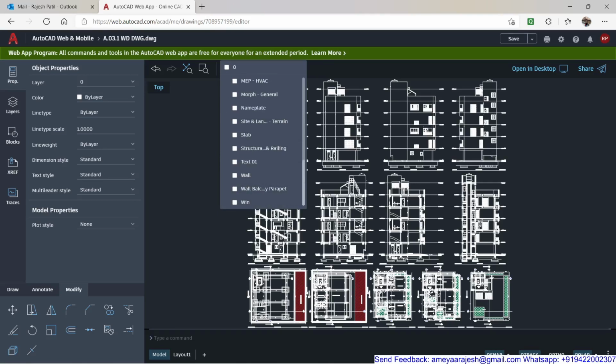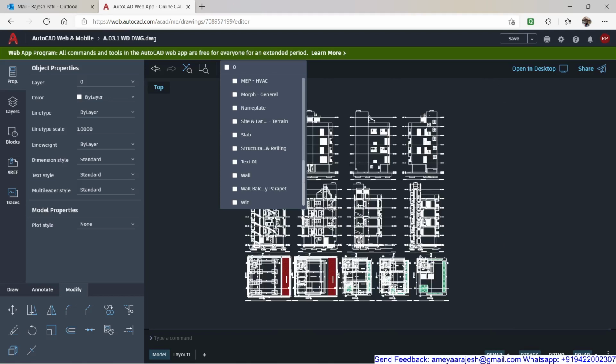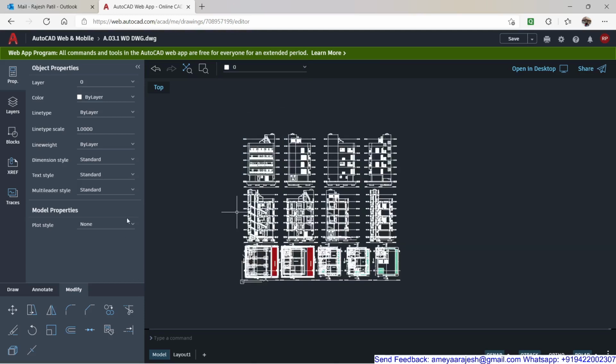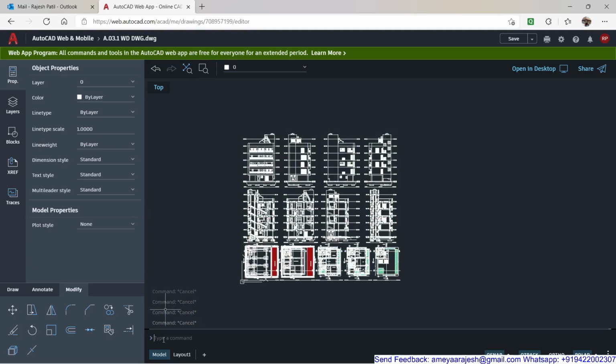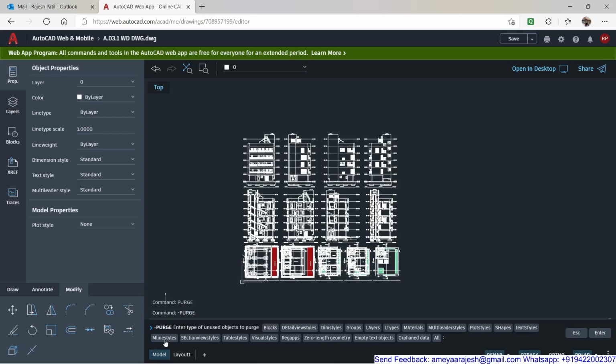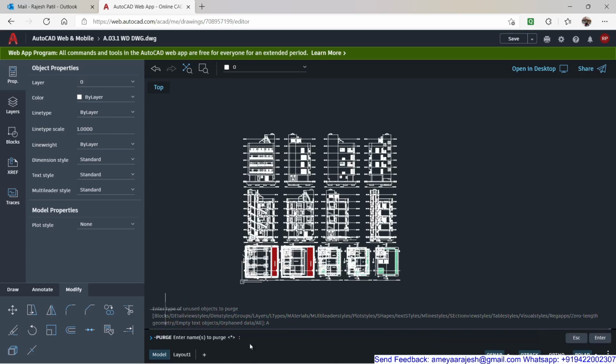Anyway, the very important thing which I was talking about was nothing but using the purge command. So let's talk about the purge. I'm going to say purge, and then definitely we'll go for all, and then purge everything.